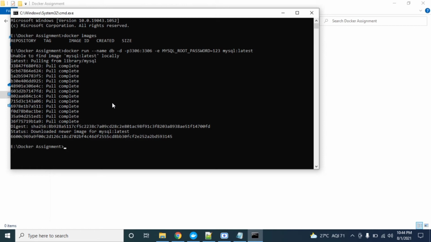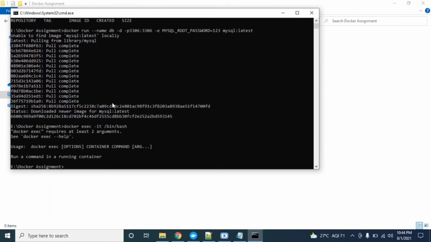Now we have to go inside this container. For going inside this container, the Docker exec command is there. Exec -it. We have to provide whether you are using a shell or bash, so I'm using the bash command here.